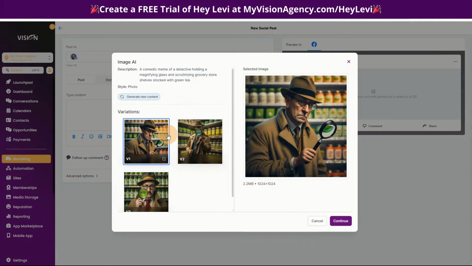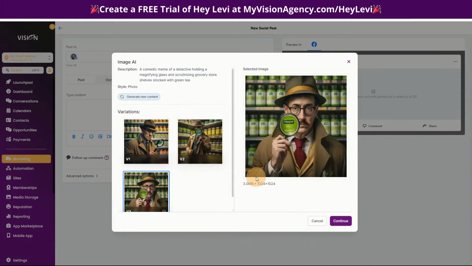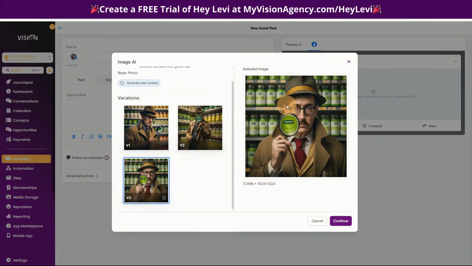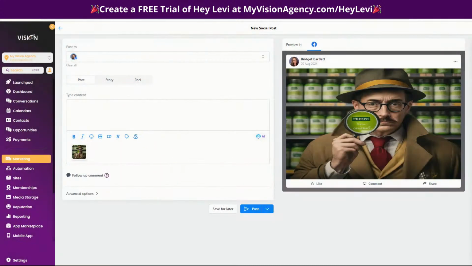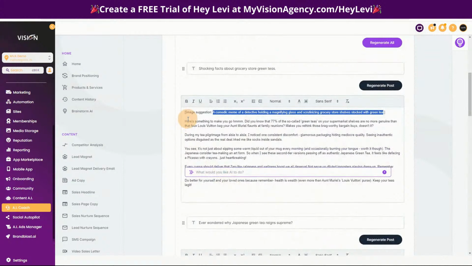So I actually love that. Let's see here. It looks like I don't really know if that's green tea specifically in the background. I don't know why this is making me laugh, but this is really funny. Okay, so I'm going to choose this image here. I actually love that. And then all I would need to do is take this text right here